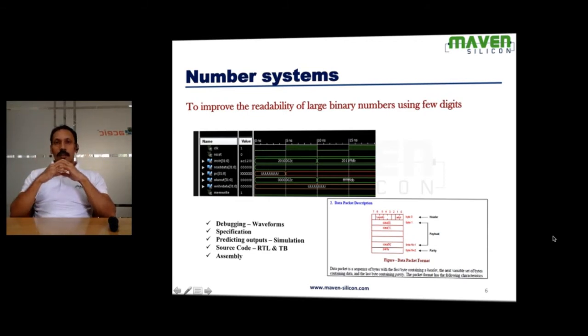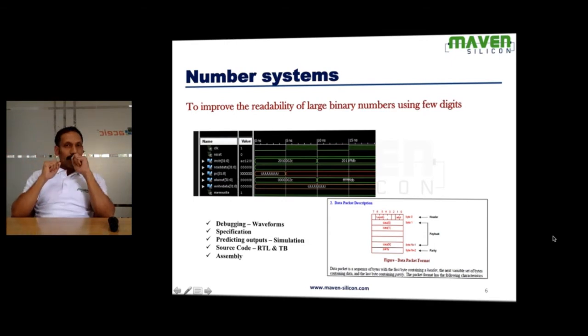Or, for example, an architect wants to define the specification itself. He has to explain how the design works, the functionality. And he may want to explain the possible input values and possible output values. If you supply some set of values, these are all the possible output values. In that case, he doesn't have to define everything in terms of binary. Especially if the functionality is going to be complex, he can choose different number systems like hexadecimal or octal. So if you look at the specification, the whole functionality of the design would be explained in terms of hexadecimal